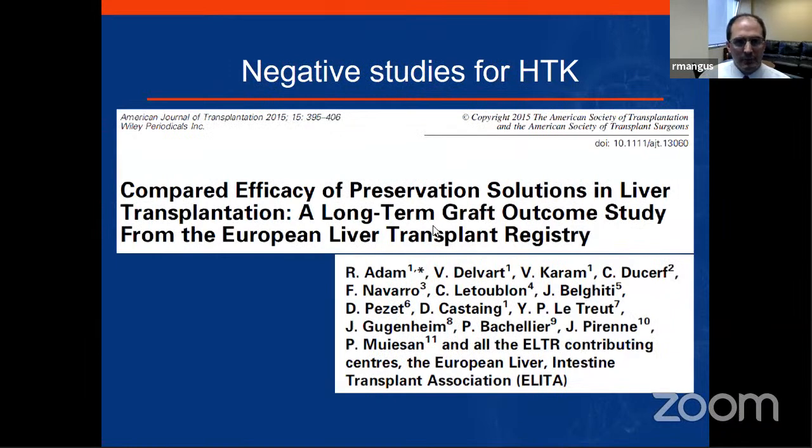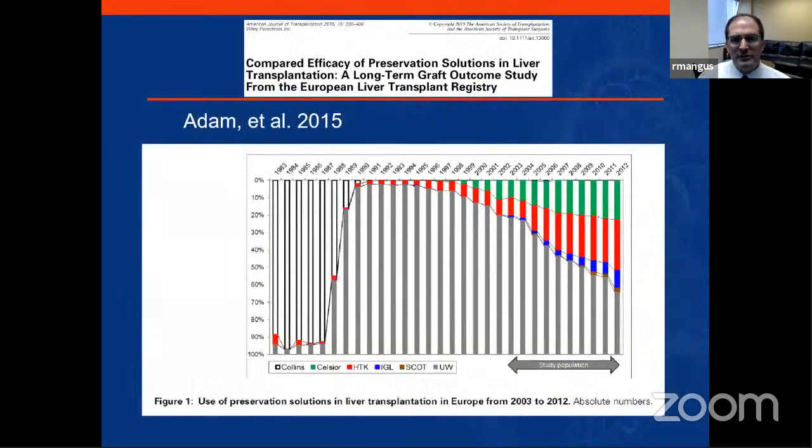So this was followed shortly thereafter by a study out of Europe, René Adan, basically completing the same registry analysis. Now this graph shows the increased use in red of HTK over several years' time versus Celsior and UW, which you can see took up the bulk but started to lose market share, and by the end of this study was only about 40%. So I think it brings up a couple of questions: why were people switching away